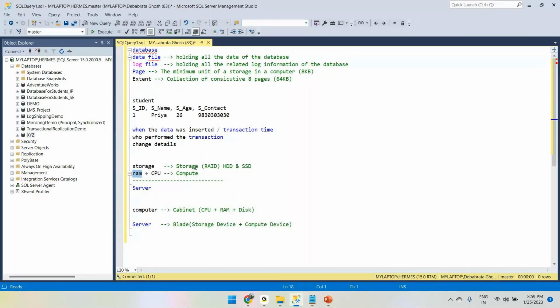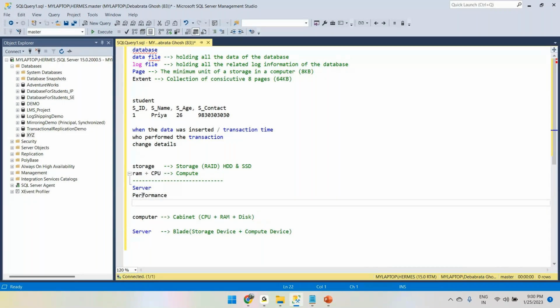But in the storage area, we have HDD and SSD where we have scope for improvement. Improvement in which terms? Improvement in terms of performance and reliability, right? So in terms of performance, we need better response time,